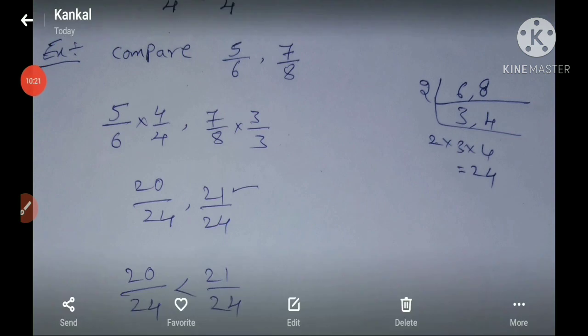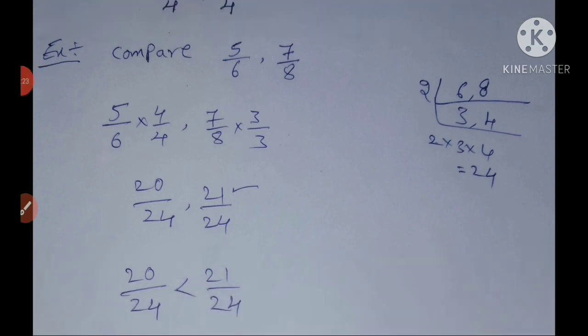So in this method we are going to compare the fractions. We have another method also to compare fractions: we change the fractional number into a decimal number and then compare, which we will see in our decimals topic. Up to this level we just go with this method only. To compare the fractions we use LCM: make unlike fractions into like fractions, then compare. Okay, that's all for today.